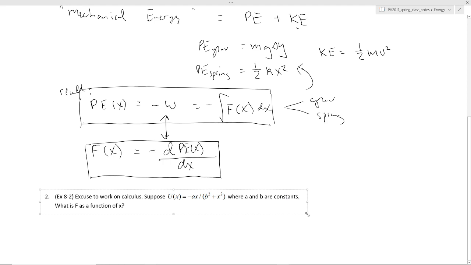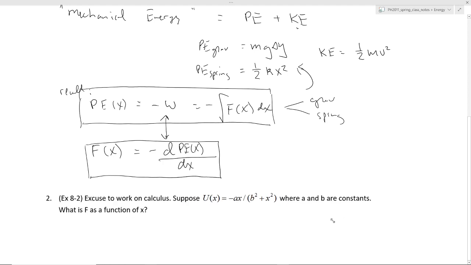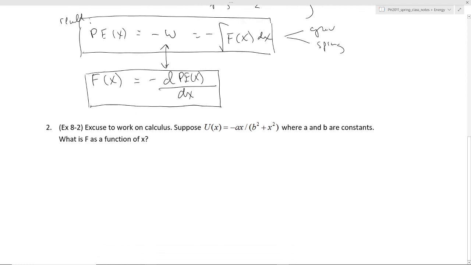So, we're given a potential: negative ax over the quantity b squared plus x squared. And we're told that a and b are constants. So we want to know what is F as a function of x. To find this, we're going to use this definition that I just put up there. How we would do this is we would take the derivative of this. So let's do it. F of x is going to be the negative